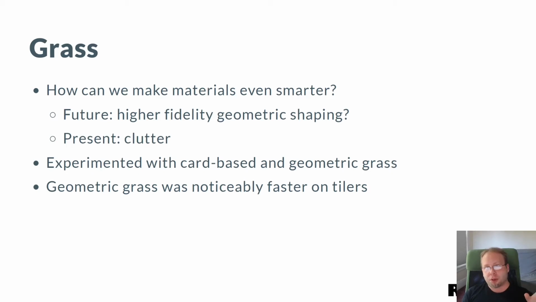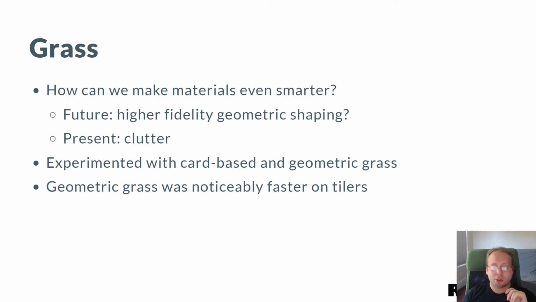So past water, there's also a question of general geometric fidelity and terrain looking interesting beyond the textures. There's a lot here that we can do in theory just based on the materials and tessellating things more and creating formations that are visually interesting based on the material. But one very obvious thing to do, which we did already, is clutter or foliage, or in general, a lot of small objects automatically placed on terrain based on the voxel types of the material. We experimented with card-based grass, and it can look really nice if you have a decent texture and you're careful of how to organize the mesh, etc.